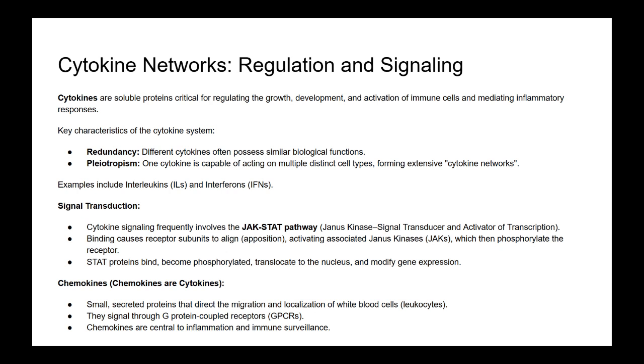Before we move into how we use biologics therapeutically, let's briefly touch on another type of signaling protein, the ones that direct the physical movement of immune cells. Yes, you're talking about the chemokines. They're essentially chemotactic cytokines. Chemotactic meaning? Meaning they attract cells. They're small secreted proteins, and they signal primarily through a different type of receptor called G protein-coupled receptors, or GPCRs. Their entire function is to orchestrate the migration, the directed movement or chemotaxis, and the precise localization of white blood cells, the leukocytes. They create chemical gradients that immune cells follow.